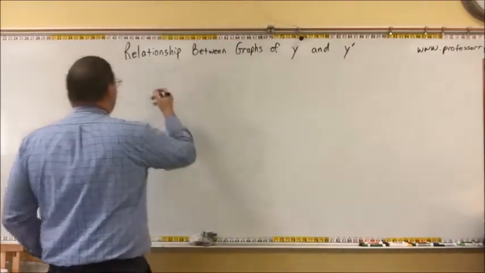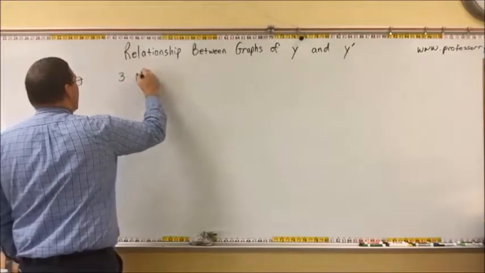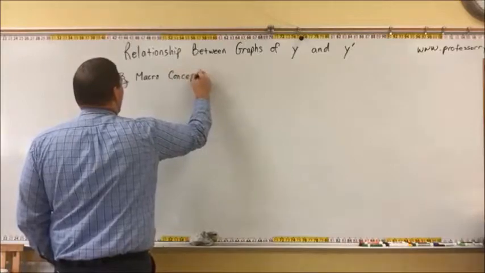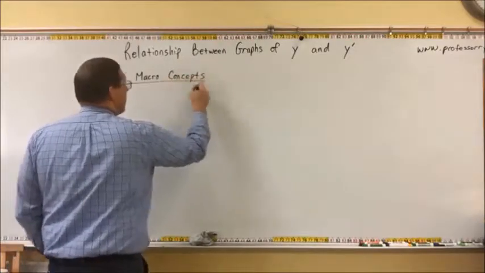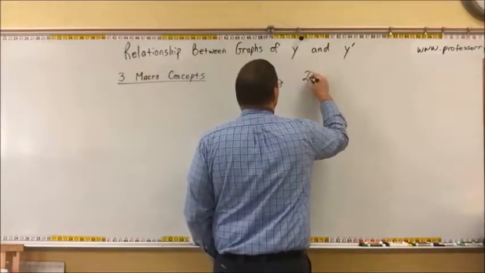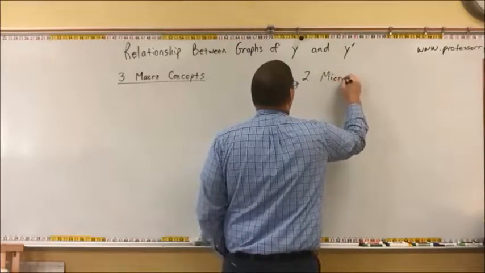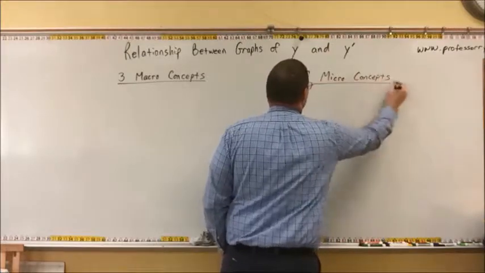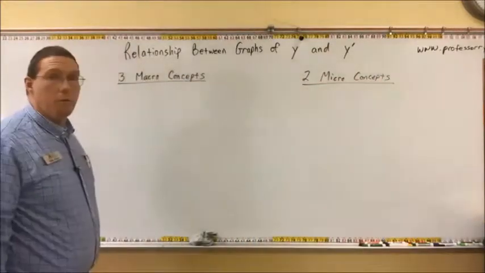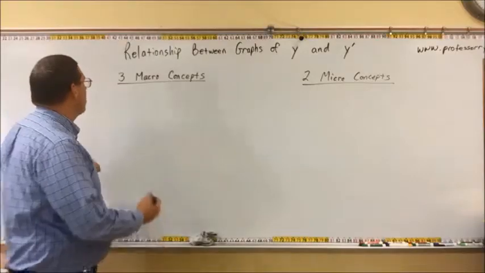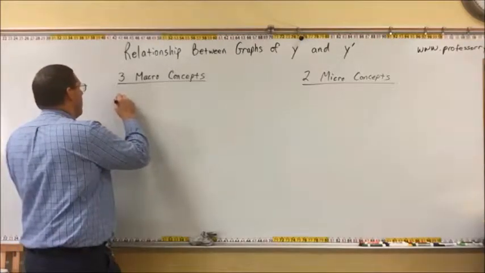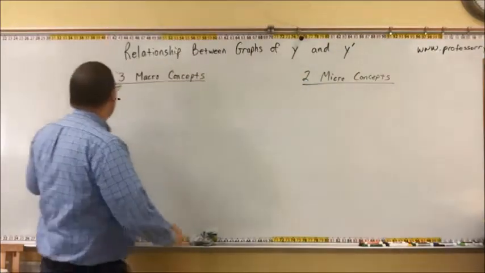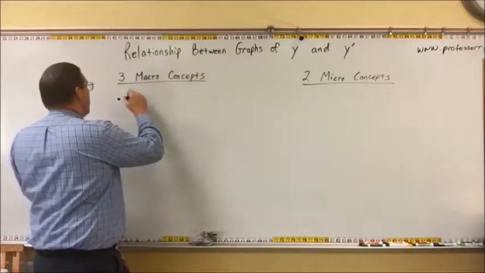I'm going to give you what I call 3 macro concepts, and then I'm going to give you what I call 2 micro concepts. And you need to kind of memorize and understand these macro and micro concepts. The first macro concept goes like this. And this is the relationship between y and its derivative, y prime. The first macro concept is